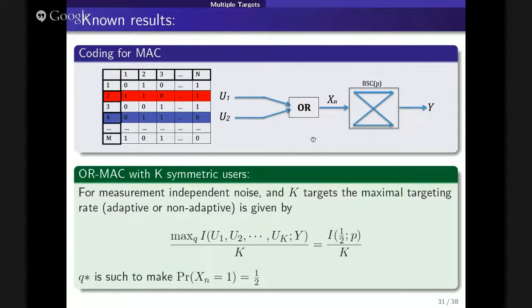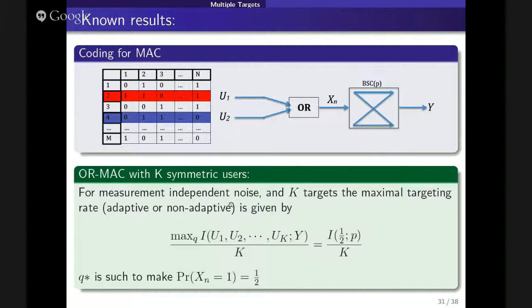So first let's assume a fixed noise model. Our bits are flipped, the output of X, the OR of the indicator which tells us if we hit any of the targets, might be flipped with some fixed probability. So this is just the vanilla, the usual OR binary MAC. For this, once we take this MAC problem with k-symmetric users all having the same codebook or without, we look at the sum rate.